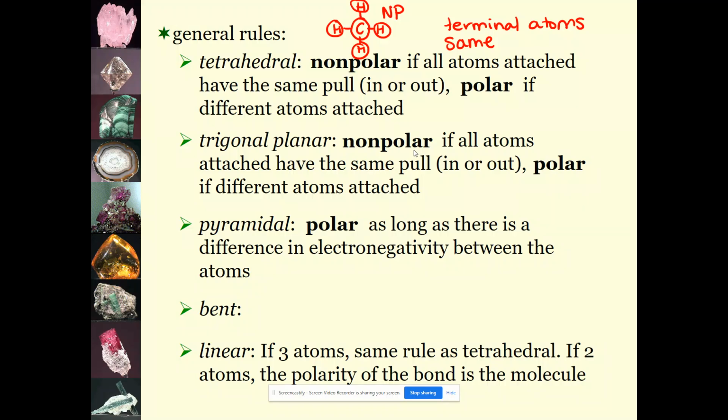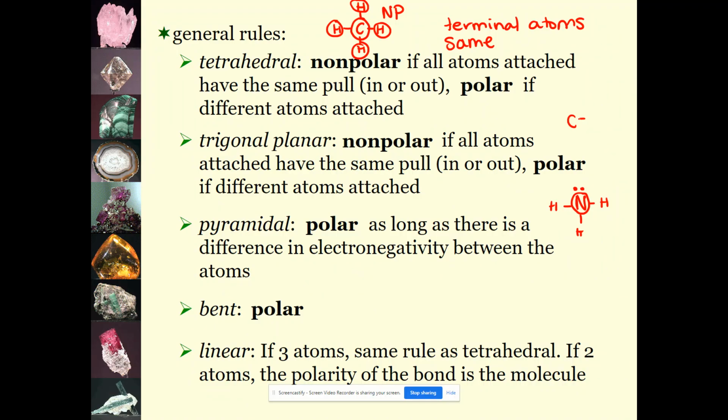Pyramidal, on the other hand, will be polar, same with bent, as long as the bonds are polar. So you have to be careful. I could have a molecule like NH3, and again, my nitrogen is my central atom. So even though the terminal atoms are the same, they're not all pulling in opposite directions because the lone pair